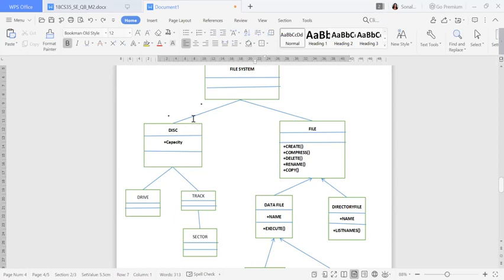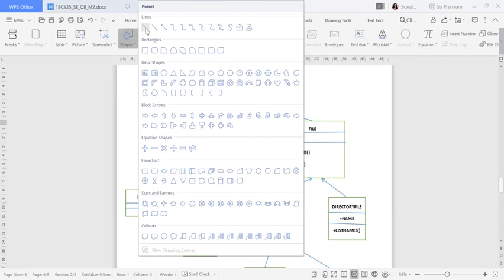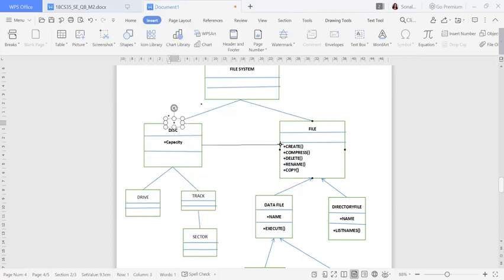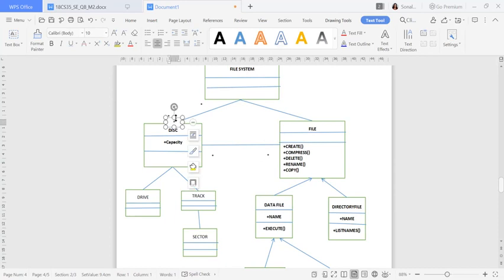So if you want to give this side also, you can write here also many. Here actually one relationship I have not given, that relationship we need to give from here to here. Okay, so this connectivity, I can take this many to many. One more also here, many to many. Okay, so this side. So if you want to give here, this side it will be one to many. So I'll write here many.